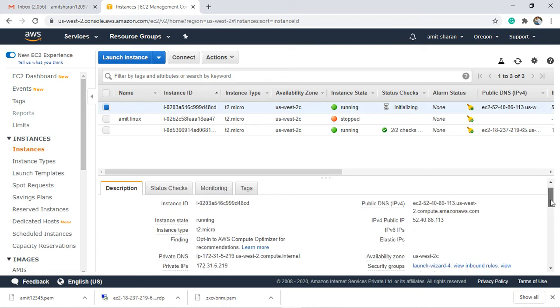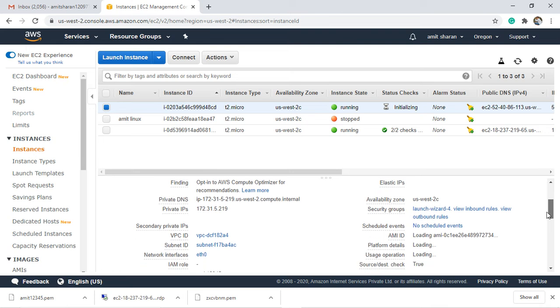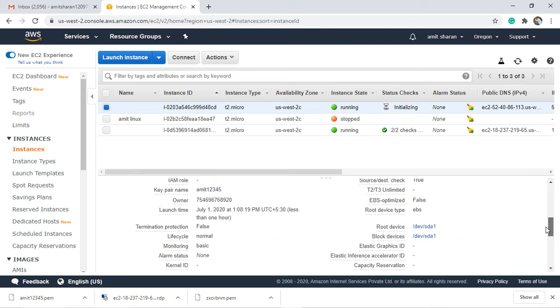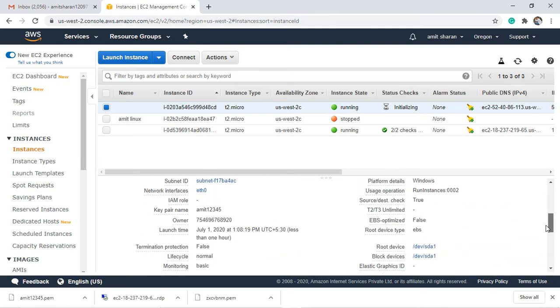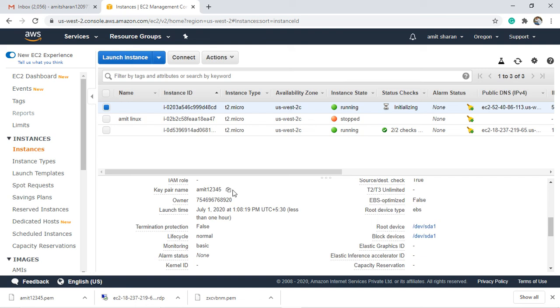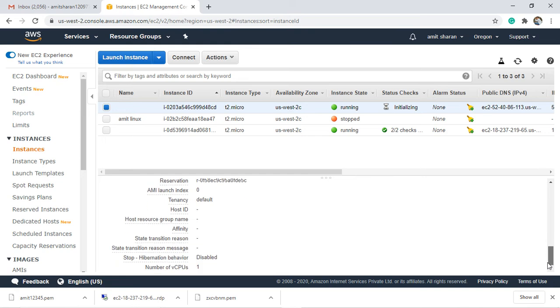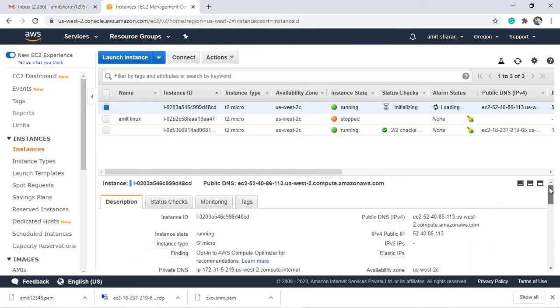and here we can see our security group, key pair name, owner ID, launch time, at what time it launched, and many more things. It takes some time to launch, so wait for it.